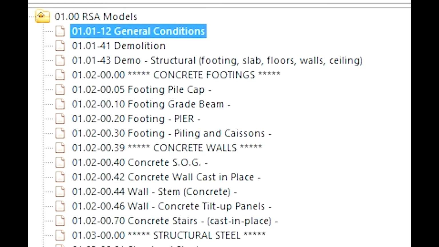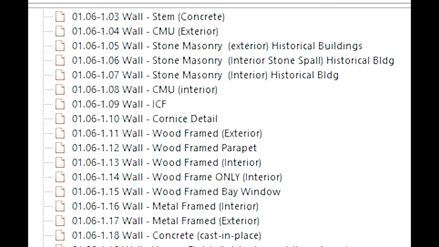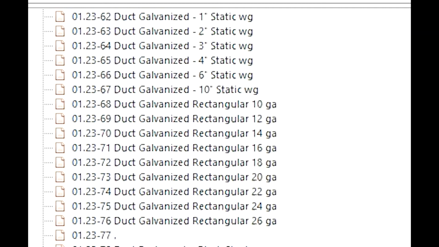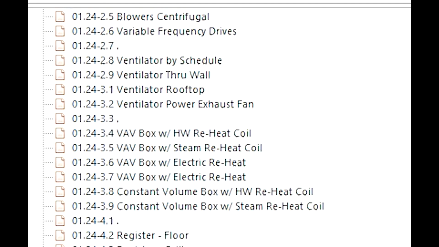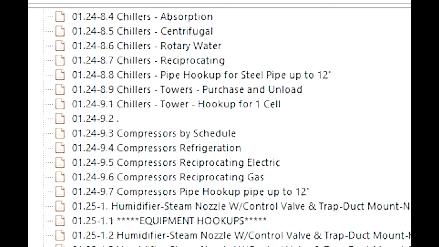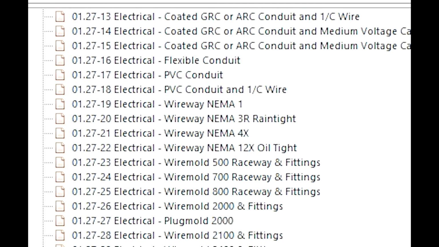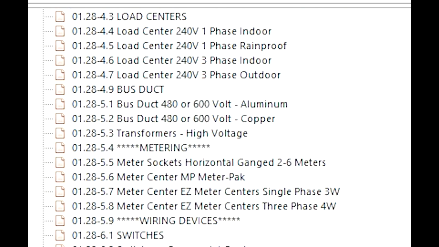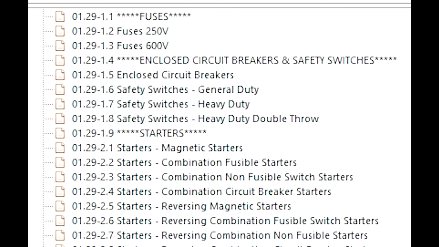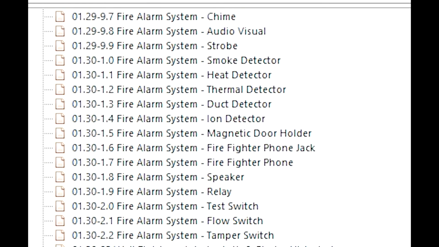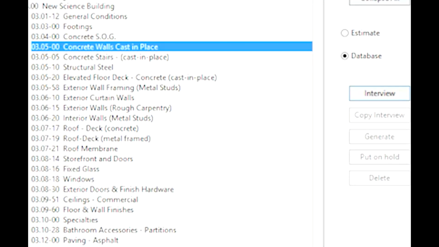Next, I had to create the models. These are models that I would use in the estimate. I would choose which ones I needed, and from there I'd be able to pick the item and answer the questions that are in the model. The next thing I would do was create